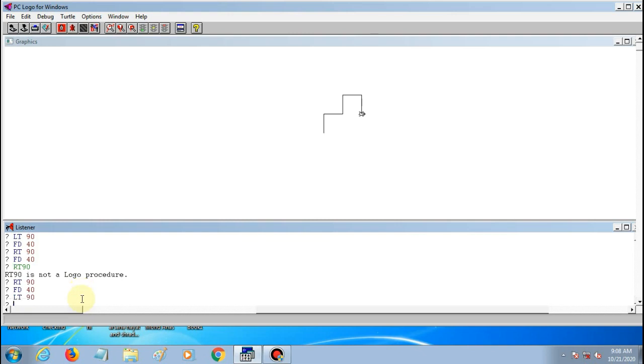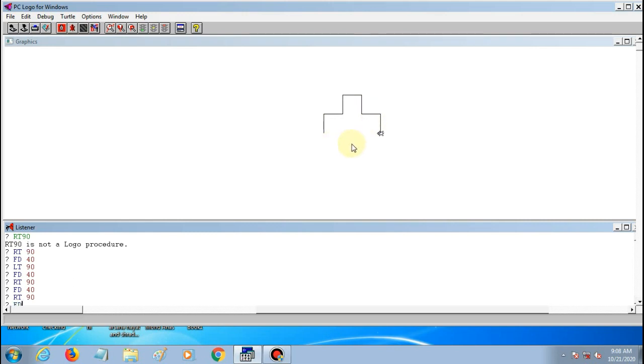LT 90, FD 40, RT 90, FD 40, then again RT 90, and the distance from here to here is 120 because this is 40 steps and again this one is 40 steps and this one, so total is 120.